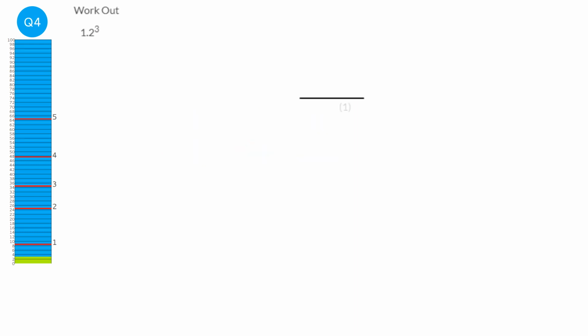So we can either use the calculator to work out what 1.2 cubed is, or we can do 1.2 times 1.2 times 1.2. Now, if you want to use the calculator to go straight there, you type in 1.2, and then normally there's a button that looks like X with a little 3, and that will give you the answer. Or if you're not sure how to do that, you can times it by itself 3 times, and you get the answer